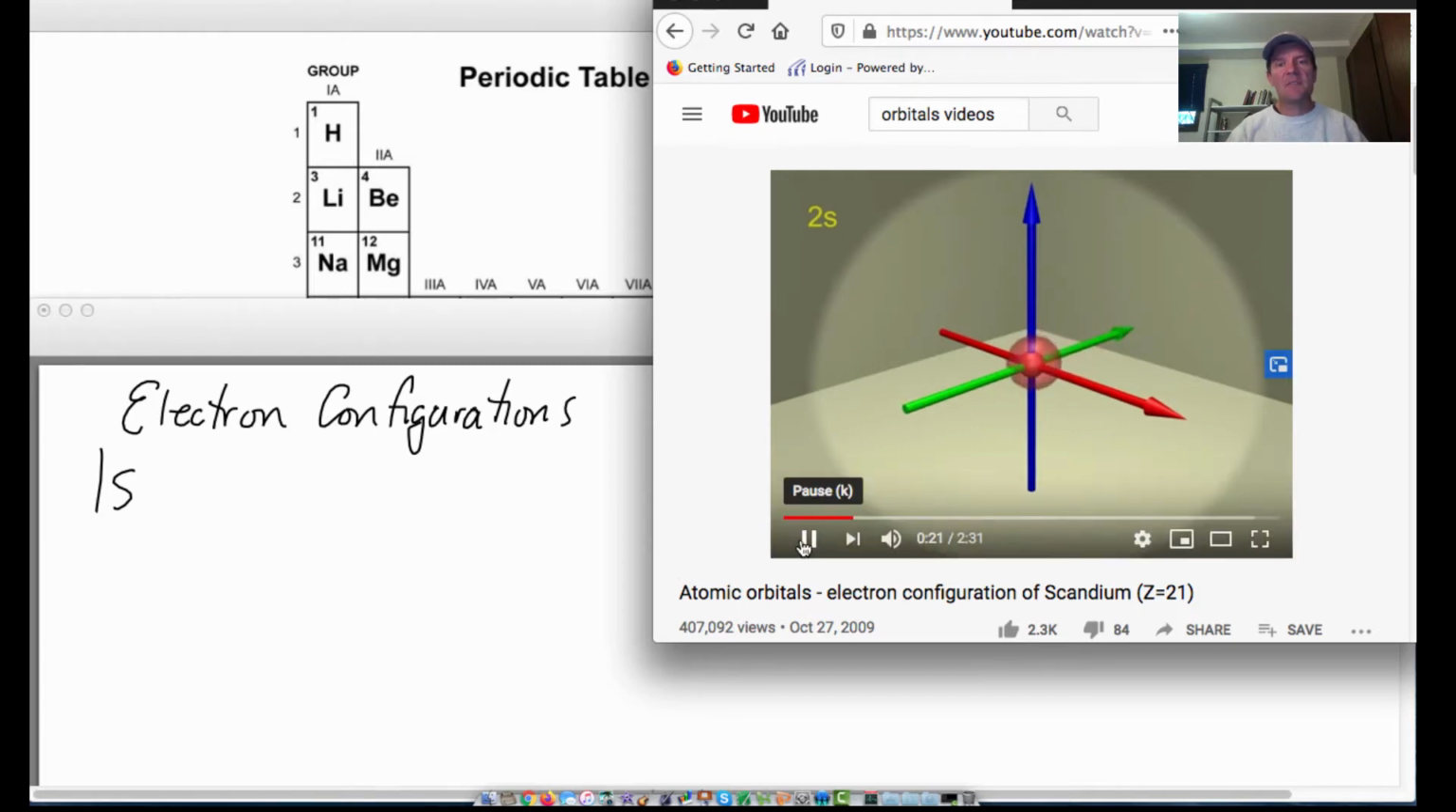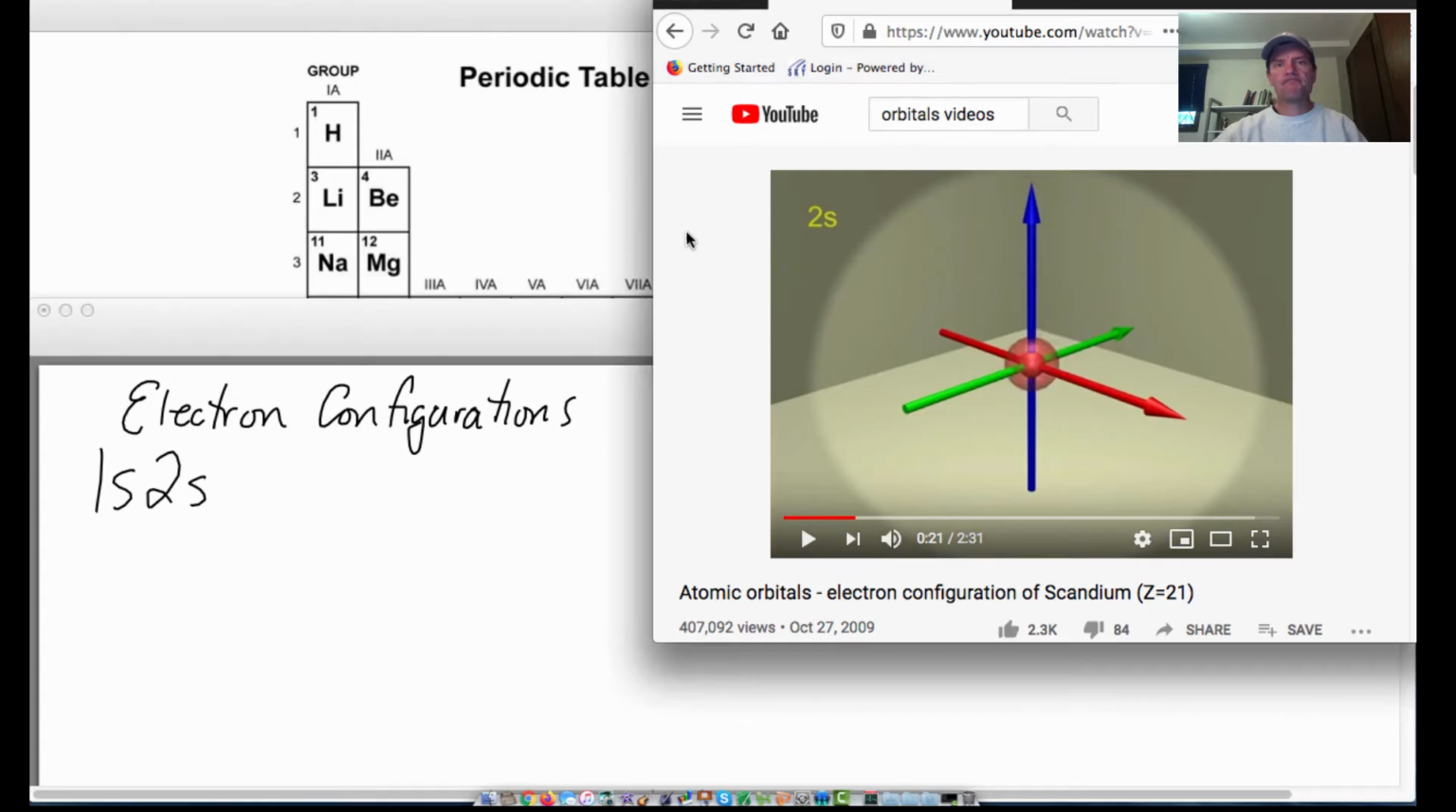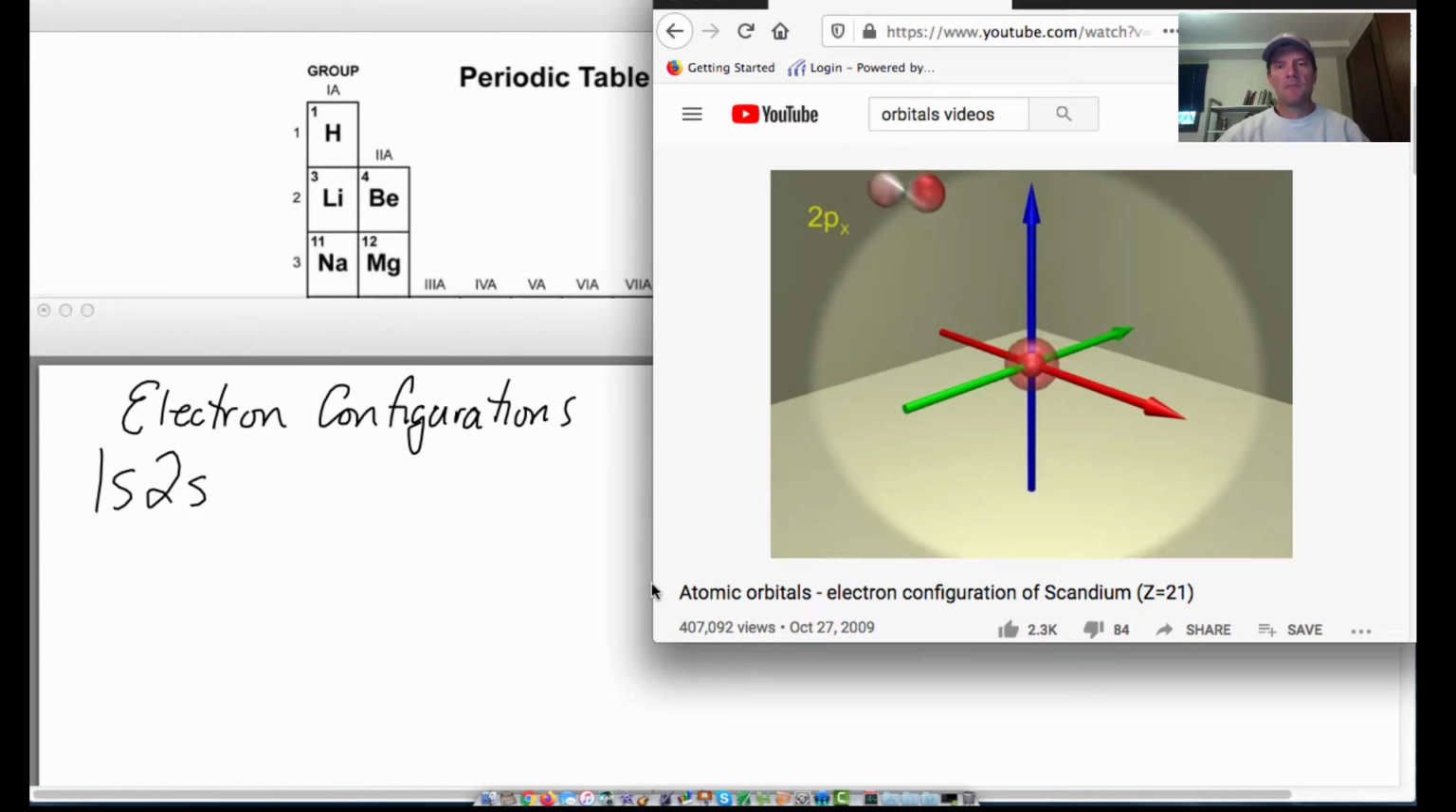You can have a maximum of 2 electrons in that 2s orbital. Okay, so 2s is the next orbital that you can use when filling it with electrons. Okay, but at the second energy level, there's more space, so you don't just have a 2s orbital, you have